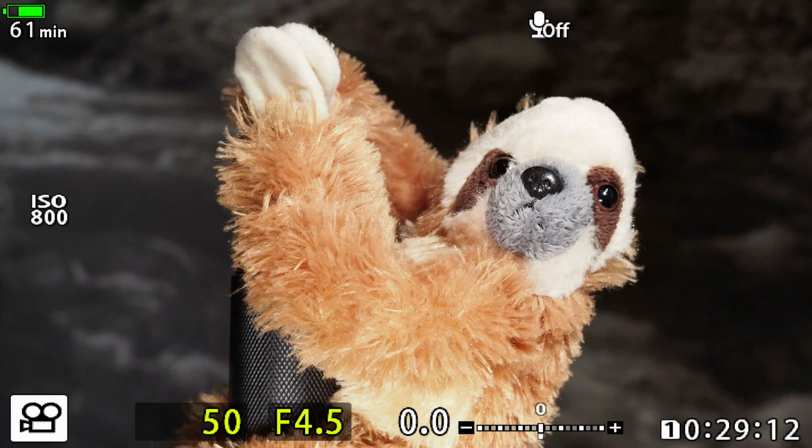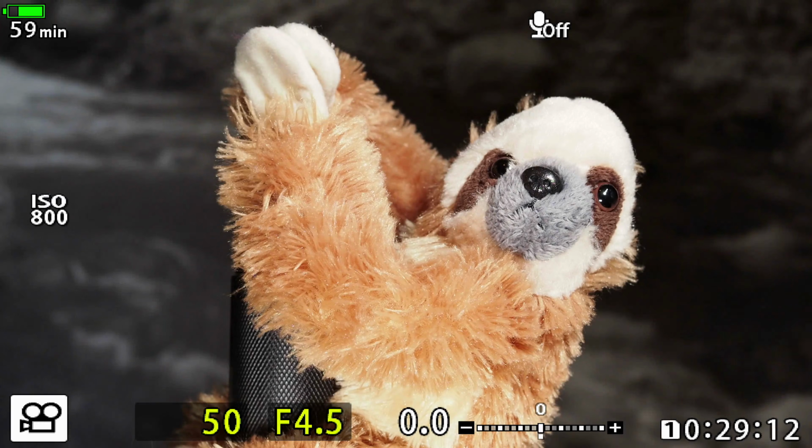So I've got Speedy all set up here, and I'm looking through the lens, and I have the exposure set for Speedy so that he is correct as far as the camera is concerned. Your digital camera is capable of showing you a lot of information in the viewfinder, but we're going to concentrate on 4 settings today. We're going to talk about the camera's meter, the f-stop or the aperture, the shutter speed,